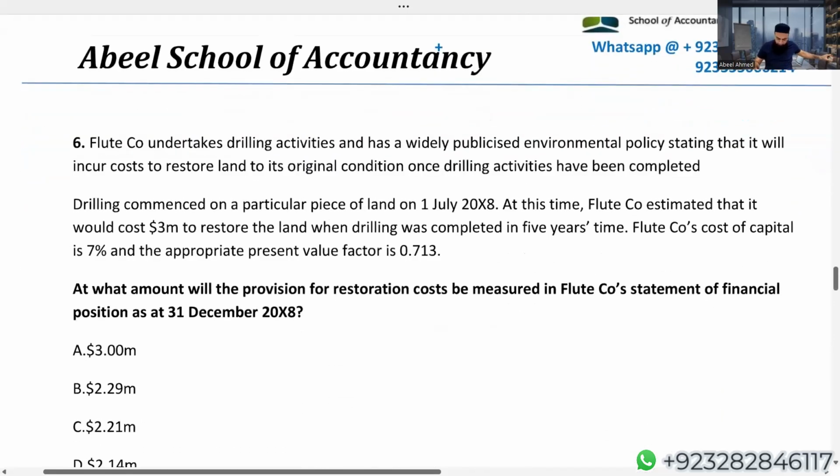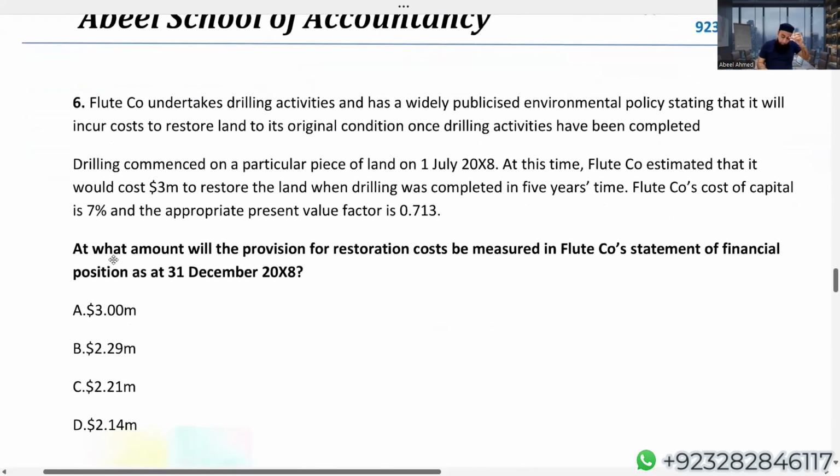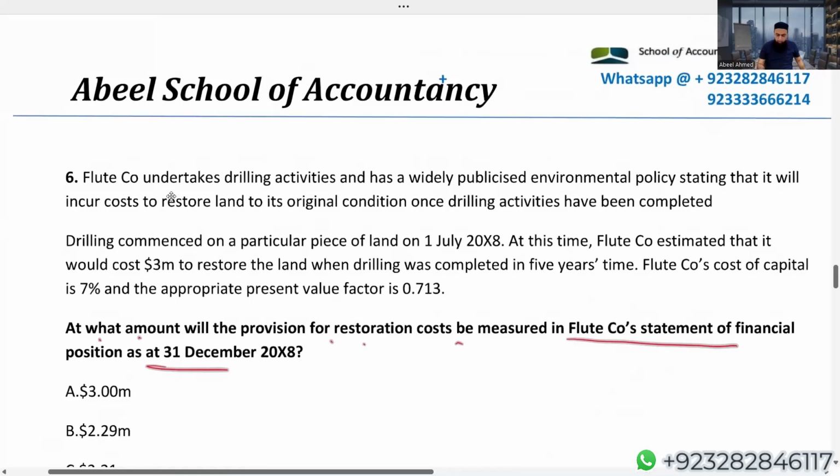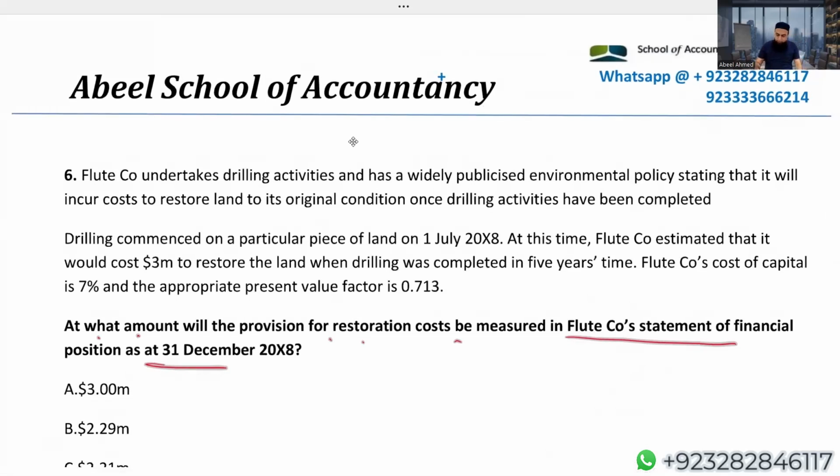Let's see one more. At what amount will the provision for restoration cost be measured in Fluid Company's statement of financial position on this date? They're again asking more or less the same thing. Provision for restoration cost. Again, you will be first calculating present value, then unwinding of discount. Fluid Company undertakes drilling activities and has a widely published environmental policy. Stop. I think when we were doing the previous question, I did mention